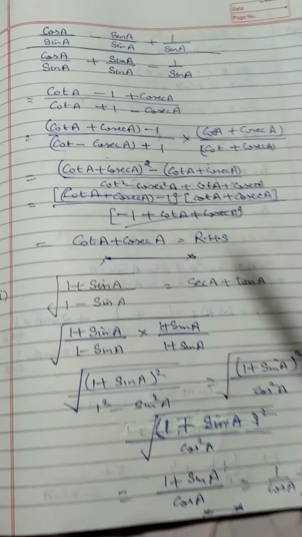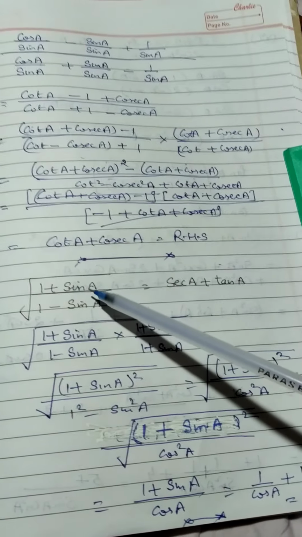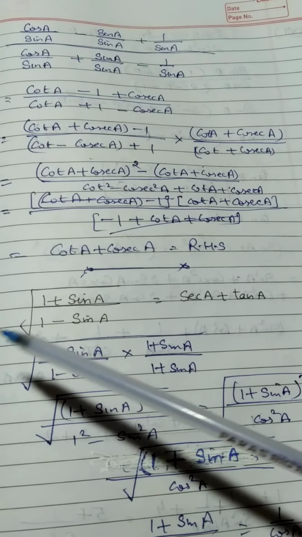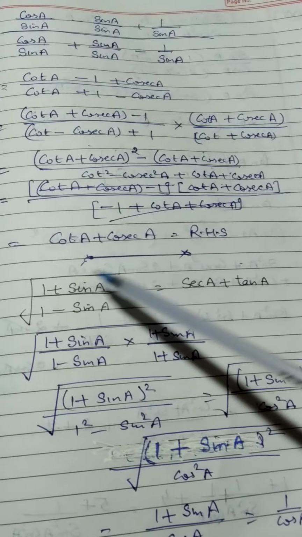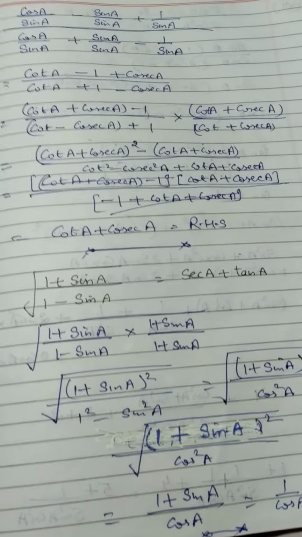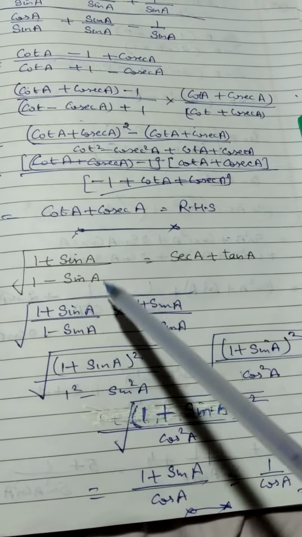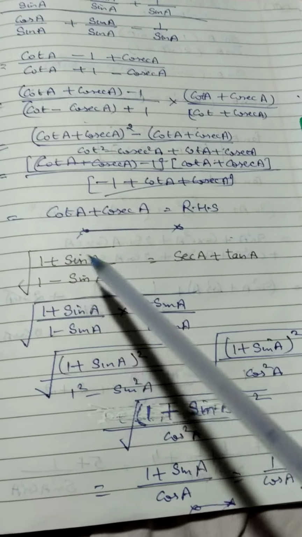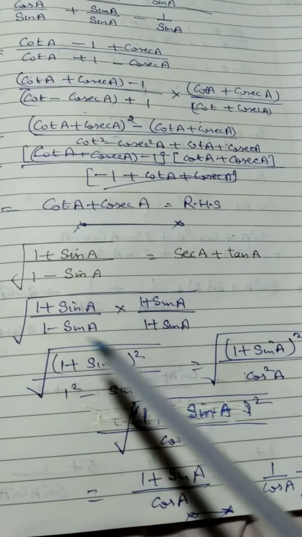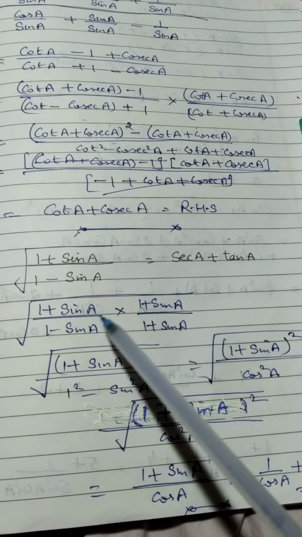Then the next part is the sixth part. I think it is clear now. Next part is the sixth part, square root of (1 plus sin A) upon (1 minus sin A). We have to prove that it is equal to secant A plus tan A. Now here it is in the square root, so we will rationalize the denominator. It will become (1 plus sin A) upon (1 minus sin A) into (1 plus sin A) upon (1 plus sin A). We have changed the sign of the denominator